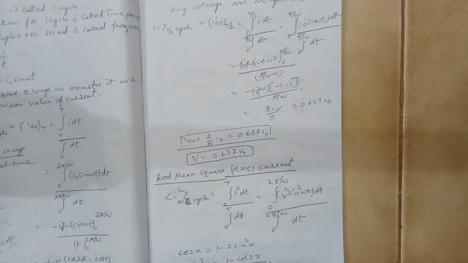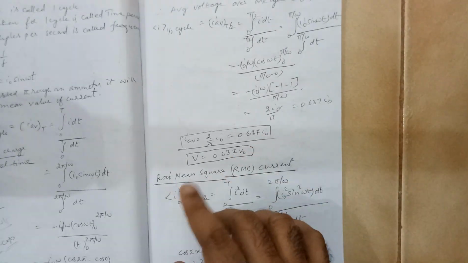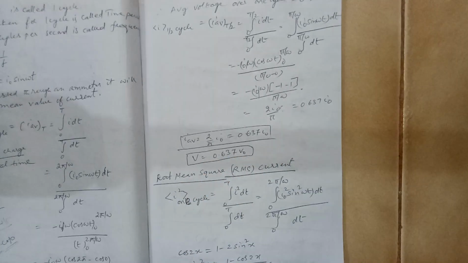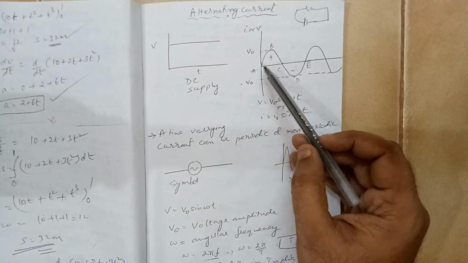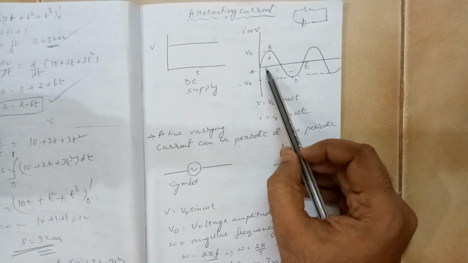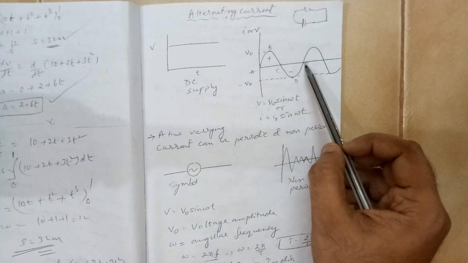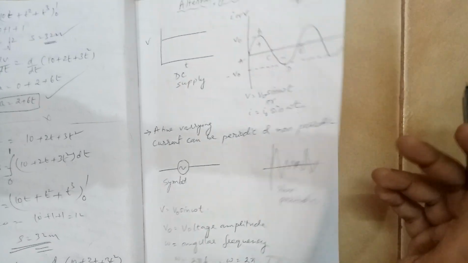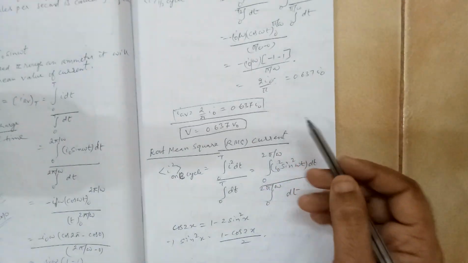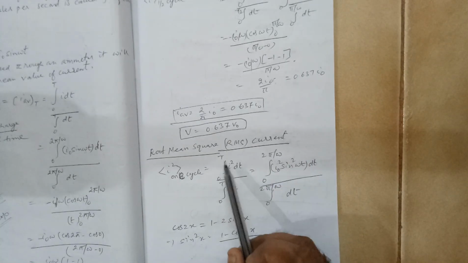over a period of one cycle. Like you have I1, I2, I3, I4 like that. So I1 square plus I2 square plus I3 square, and so on. What are these I1, I2 and so on? Here you take one cycle, for a particular time t1 you will get I1, for t2 you will get I2, for t3 you will get I3, like that for the whole cycle they will add. Since we have calculus with us, we don't have to add like that physically, we can use the concept of calculus. So how do you do that?